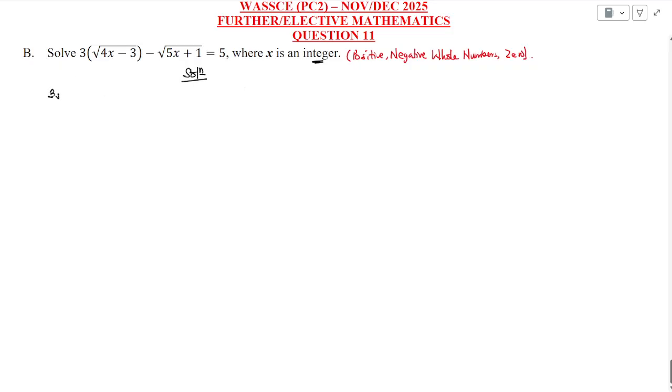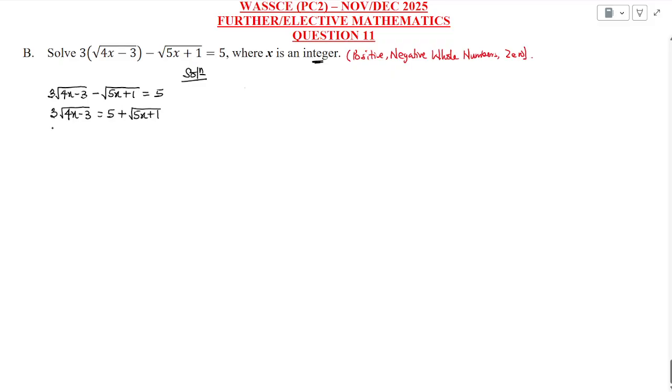We have 3 root 4x minus 3 minus the square root of 5x plus 1, and this gives us 5. Always solving surd or radical equations, we maintain one surd at the left-hand side and then move the rest to the right-hand side. So we are maintaining 3 root 4x minus 3. This becomes 5 plus the square root of 5x plus 1. Then the next thing to do is to square both sides